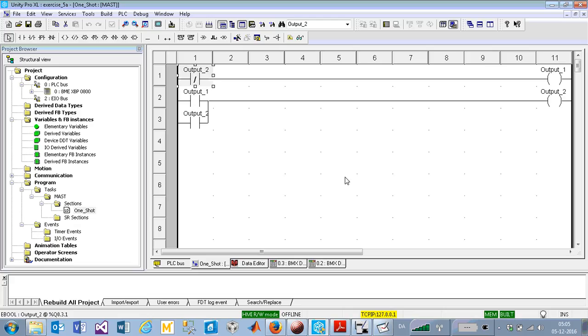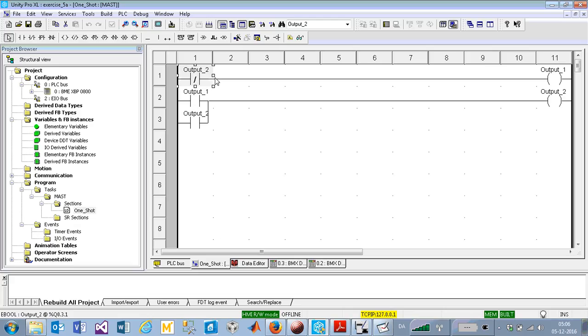And then, since our ladder program will go from top to the bottom, after the first line is executed, the second line will be executed. Output 1 is going to be 1, and output 2 is still 0. So output 1 is going to make output 2 1 as well. And then in the remaining of the program we are going to have some different rungs, and they'll be executed. And after one scan time has been completed,